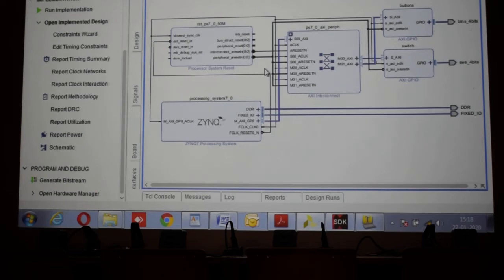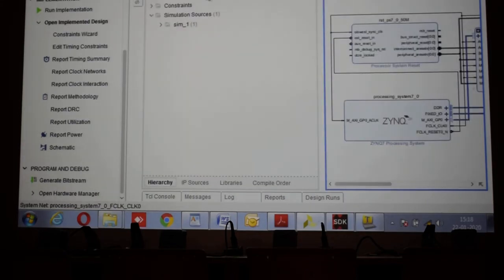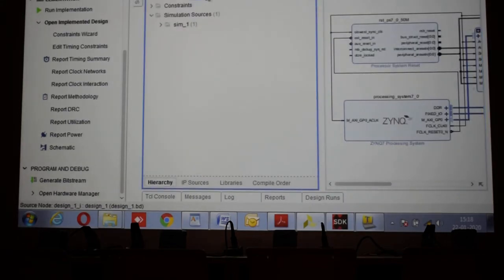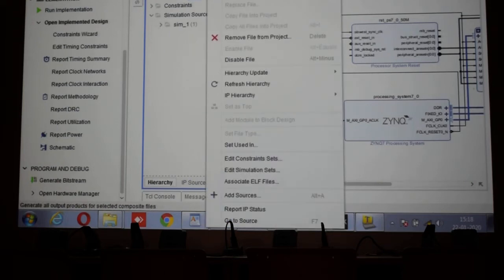So now the same procedure, only the block design is being developed, right? So do the steps. The first step is what? Go to source, select the .bd file. See here, I am not selecting the top one. Expand that, you will get a .bd file. Right click. The first step is regenerate output products.